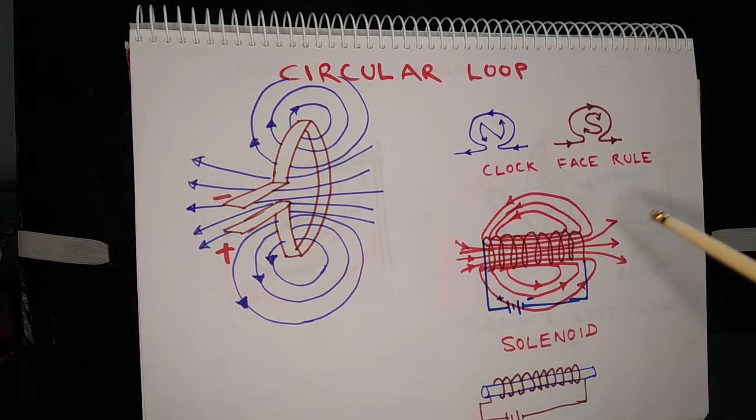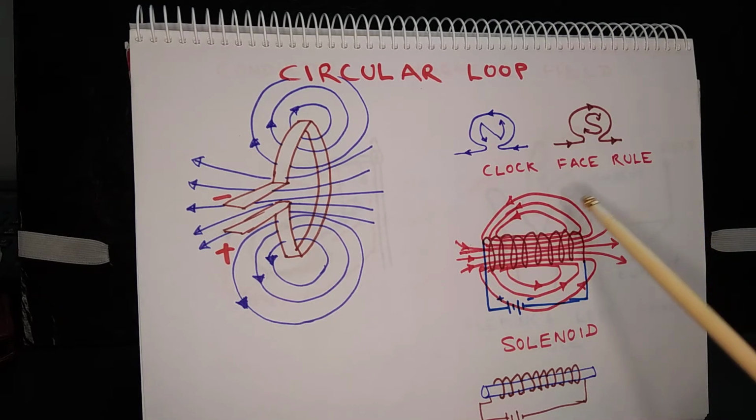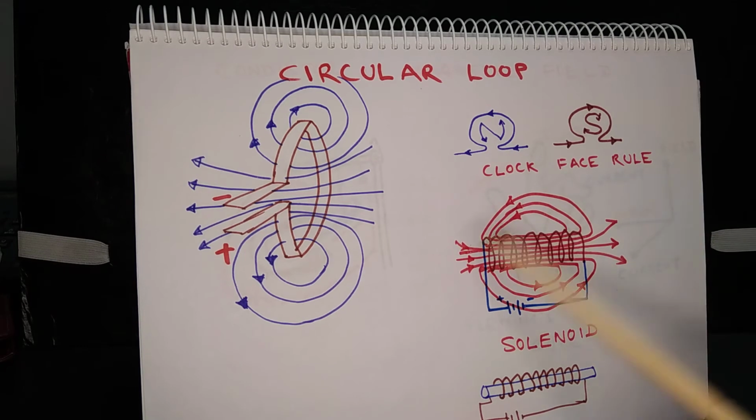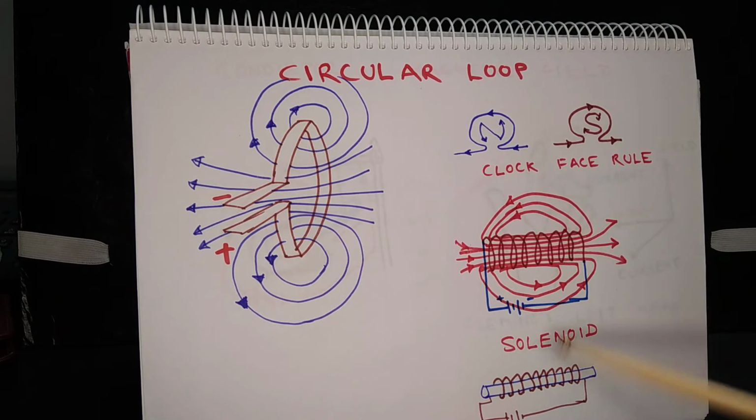A solenoid will also behave like an electromagnet, because once the electric current flows through the coil, it will produce a magnetic field. Here also the same rule applies, that is the right hand rule. So at the center of the solenoid, the magnetic field lines will appear as straight lines parallel to each other, and at the top and bottom they will appear as concentric circles, right?